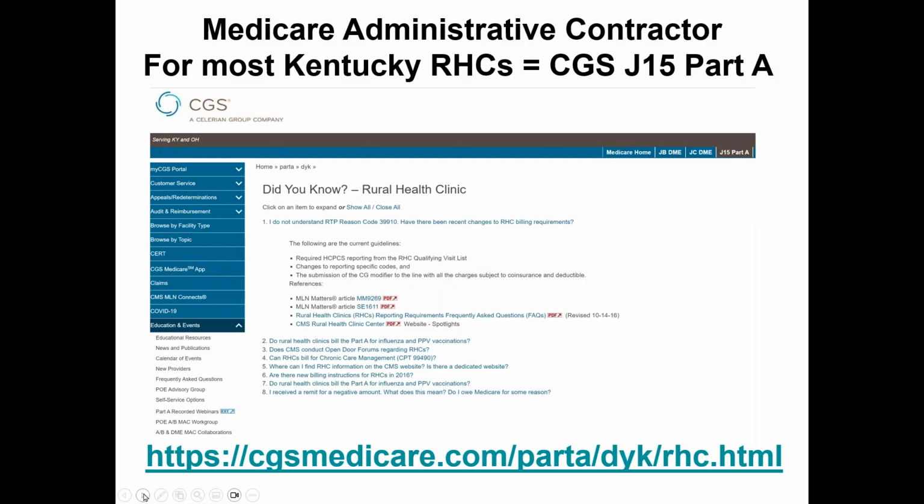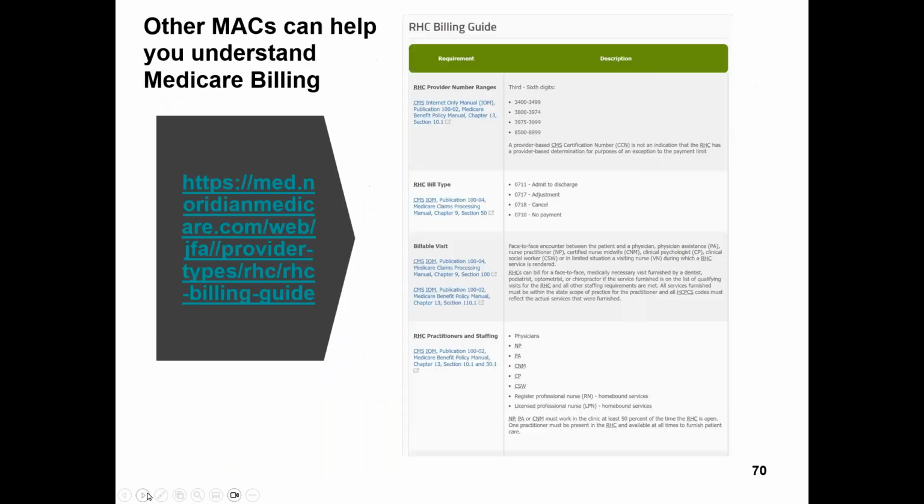Now, what I would recommend is if you have a question about rural health clinics, look at the different MACs and see how they're giving you guidance, because different MACs basically have the same information. It's just some of them are better at actually relaying it to you and making it in an understandable form. So CGS is doing a good job here on this. Let me see here. This is from Noridian. Noridian has this is like 10 pages of